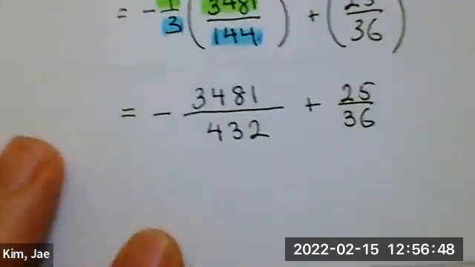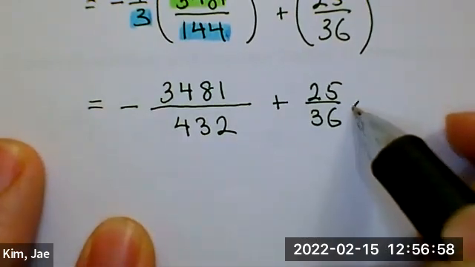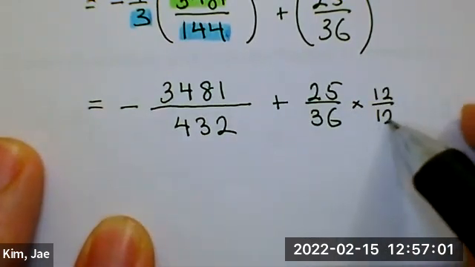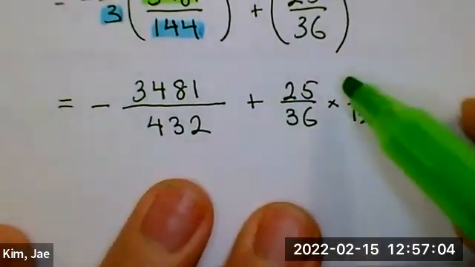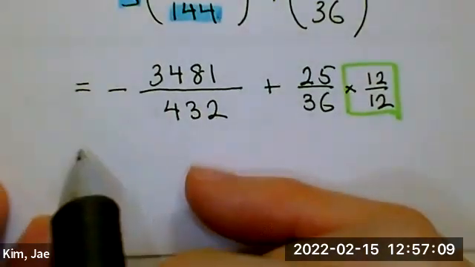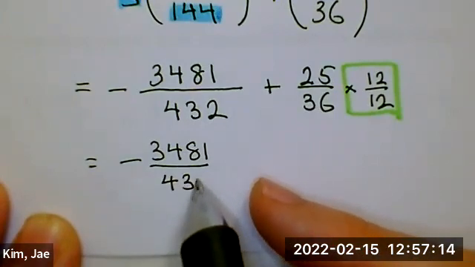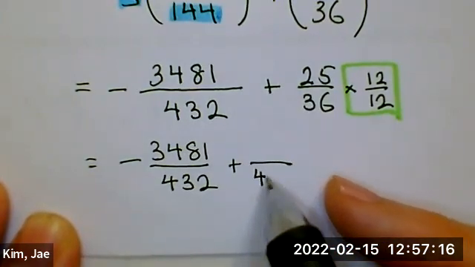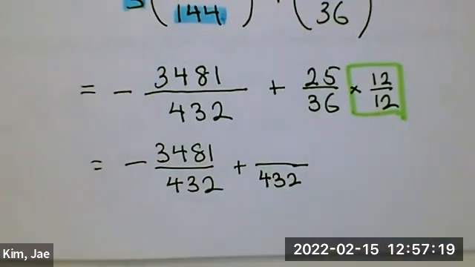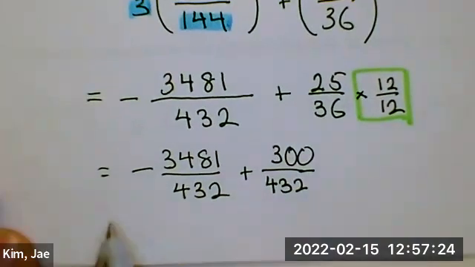Okay. And now it's an addition subtraction question, but yeah, the denominators don't look good. I'll give you a hint. Well, at least rather I'll do it for you. It's actually a multiplication of a 1, that is 12 over 12. Hang in there, this is the last one I'm doing for you. 25 times 12 is 300. So the final answer,